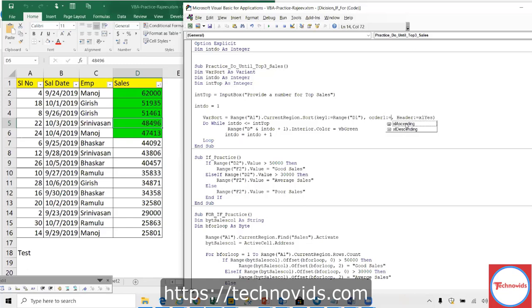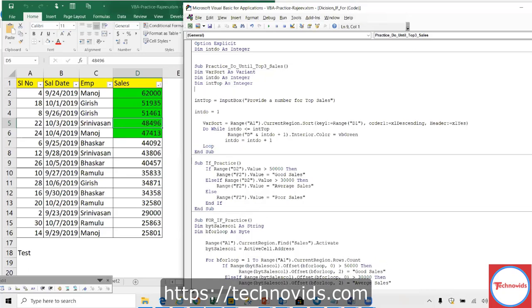Excel ascending and Excel descending. So I can declare one more variable to get from the user to get the bottom 3 or top 3.